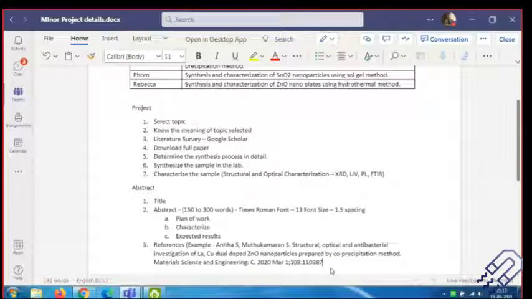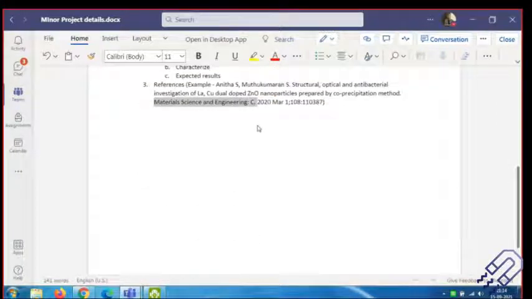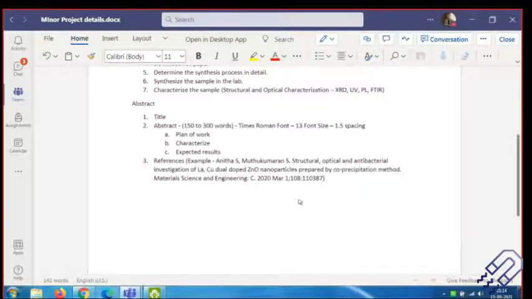So what is this particular section? This is the name of the authors. Then the title of the paper is here. The name of the journal is this. Year and month of publication is this. Sorry, this is the volume, 108, and this is the page number. So this is how references are written. If you are using many papers and taking examples from them, you can write references. A very important thing to note here is